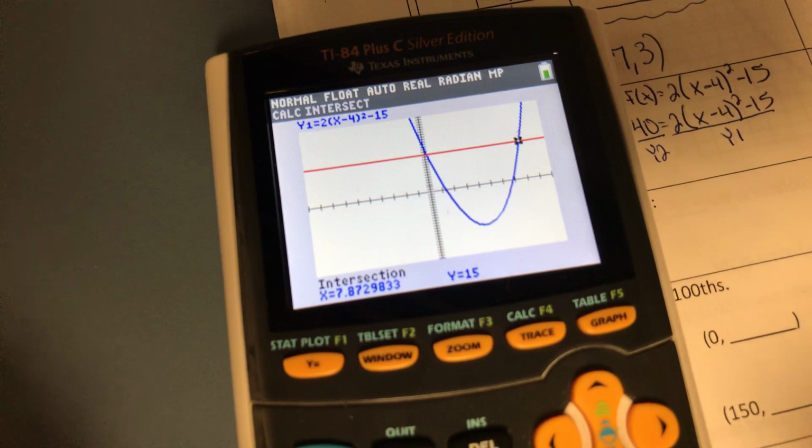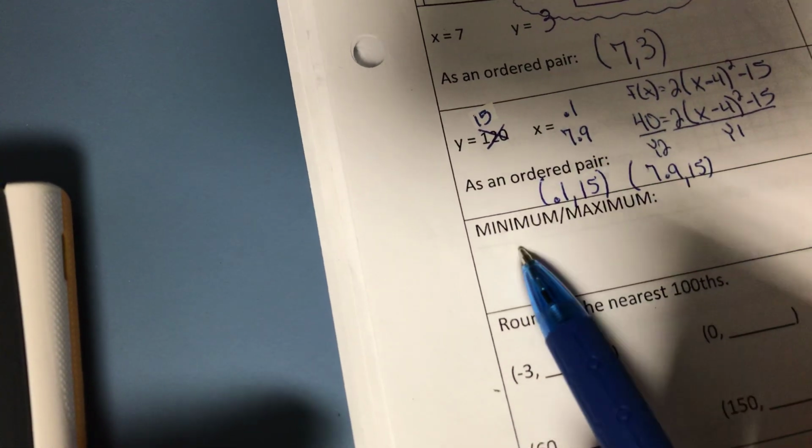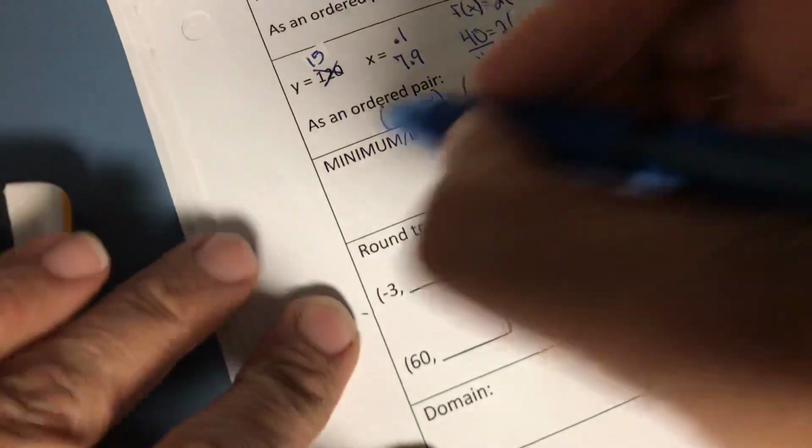And the other one is 7.9 if I round. So 7.9 goes with 15, and we'll put the 7.9 here. Let's go back to minimum or maximum. This is a minimum because it's the lowest point. So I'm going to write it as such. It's a minimum